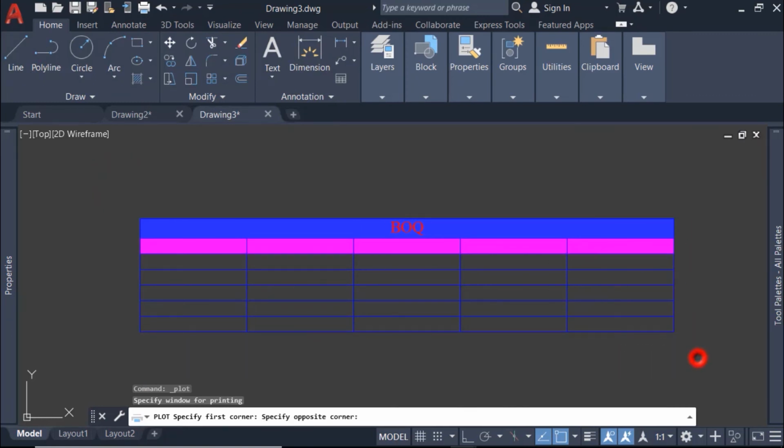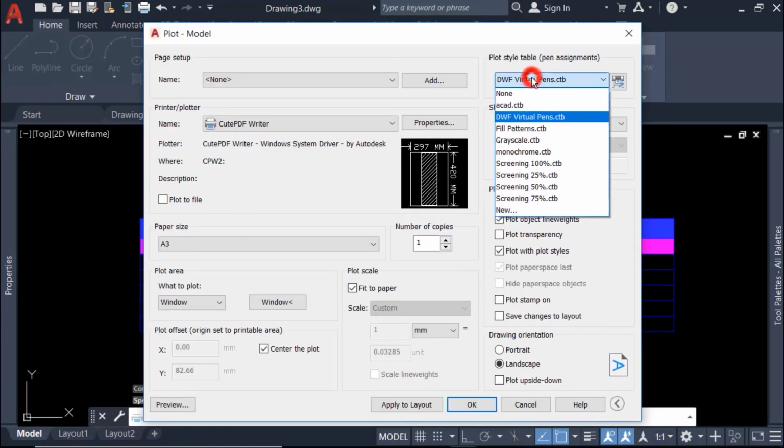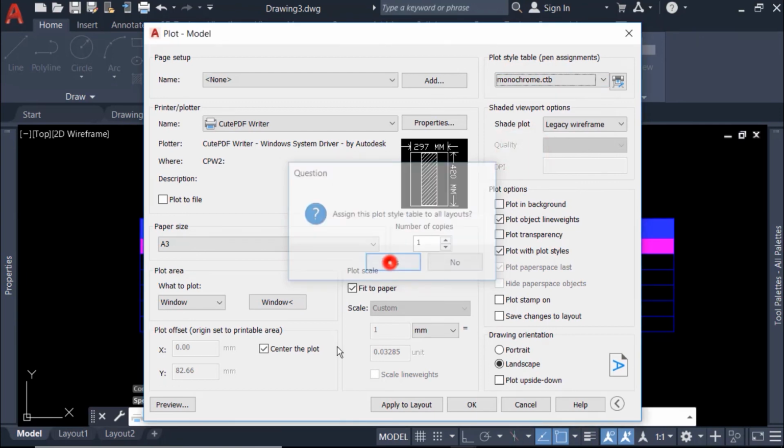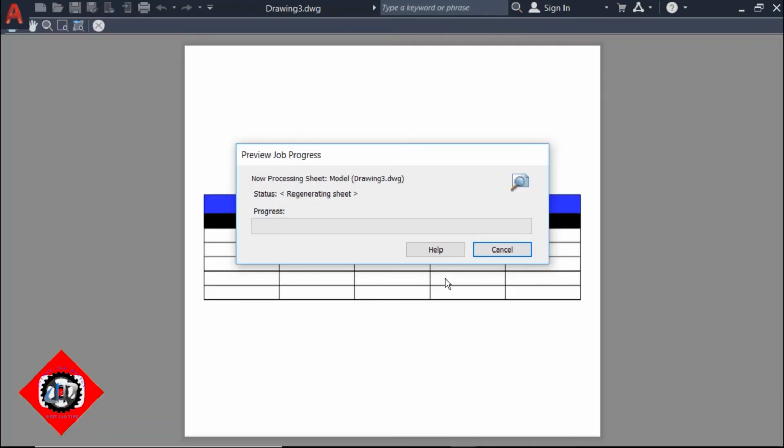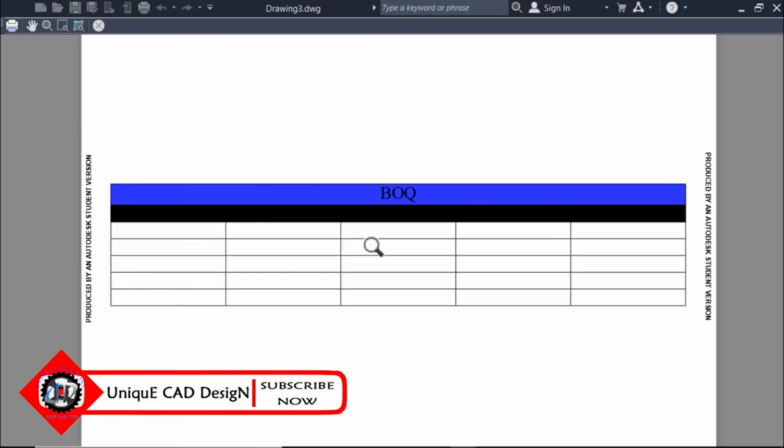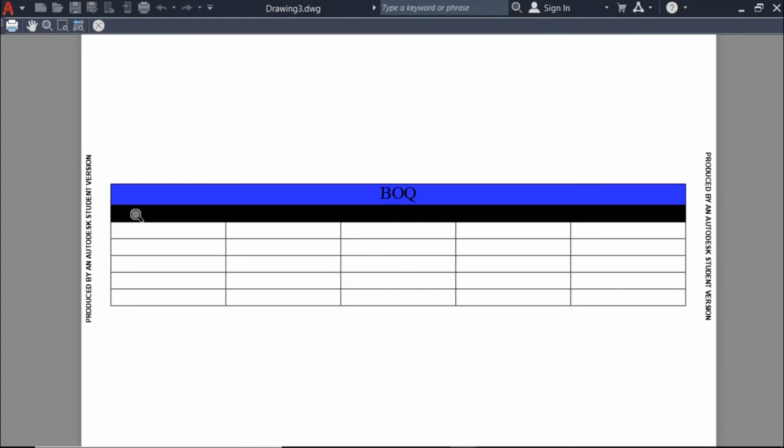We'll select the window. Now I will print this in monochrome. If you use an index color, it will become black. Our text won't be visible in monochrome mode. And I will recommend you to use true color as a text background.